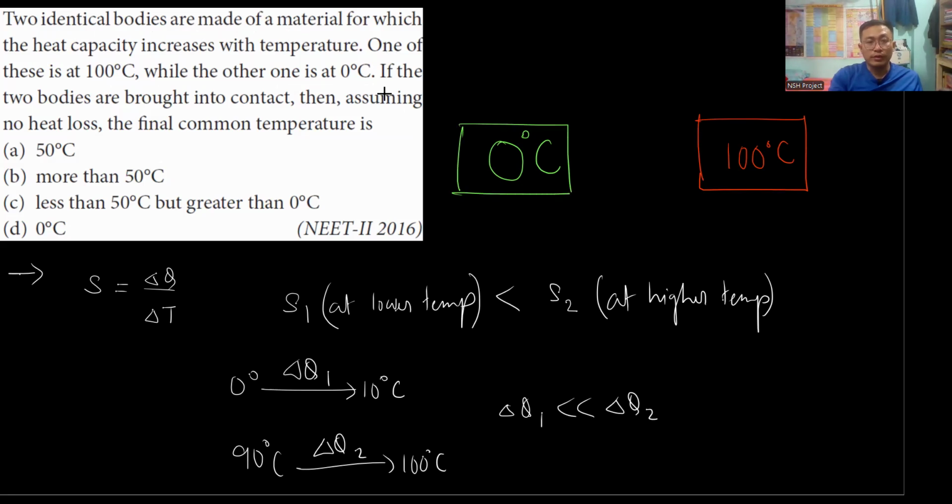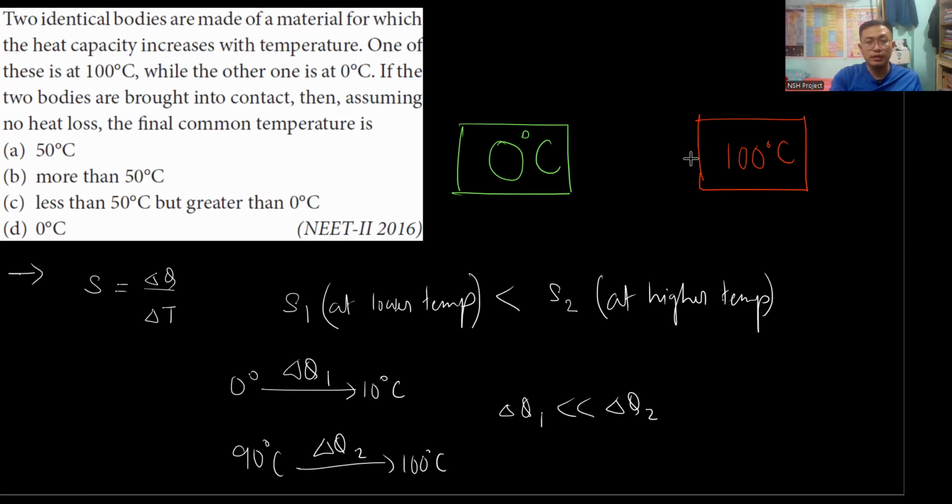Now if the two bodies are brought into contact, then assuming no heat loss to the surrounding, the final common temperature is what? Now we have 100 degrees Celsius